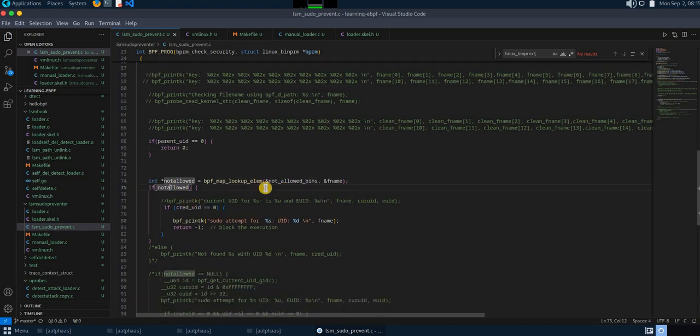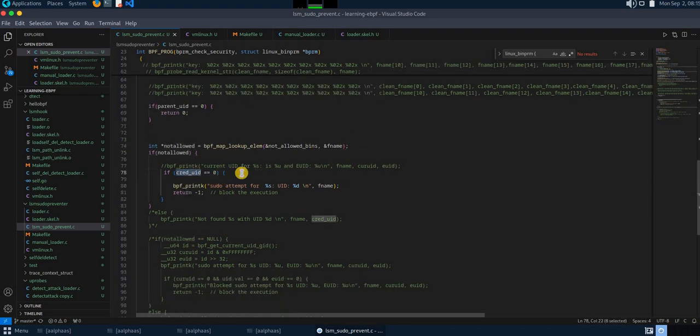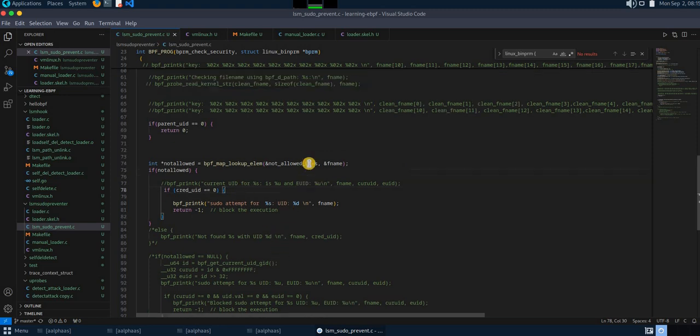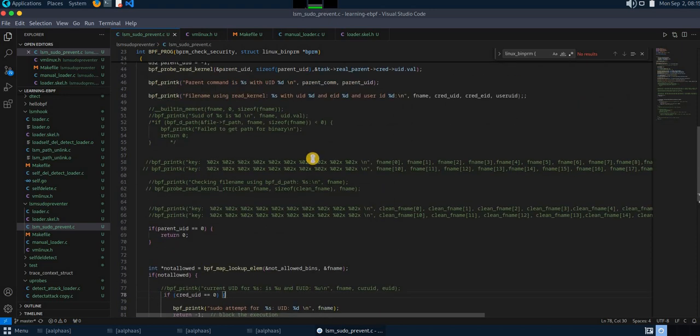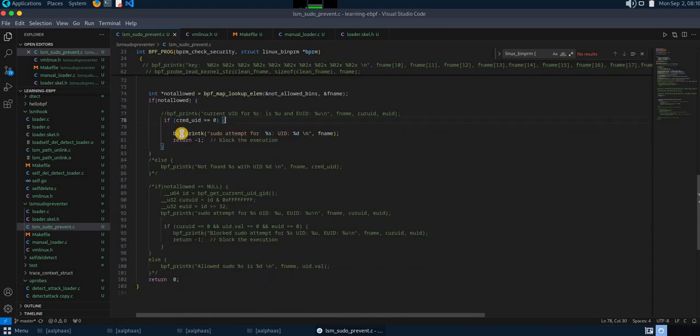If my binary is allowed there, if it found my binary there, it checks for the current credential ID. Current credential ID means the current credential here is the exact command. In this sudo find case, it will be find, and of course find will have the UID as 0, because we escalated the privilege using sudo. So in that case, it prints this attempt, and the important part is it's returning a